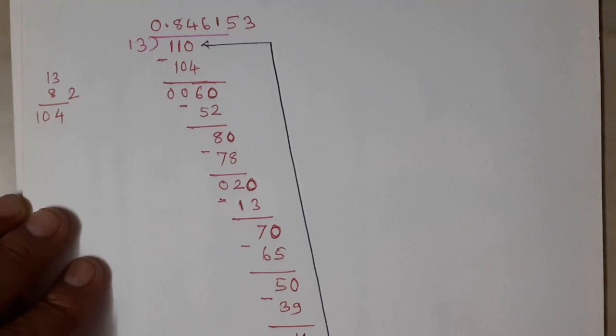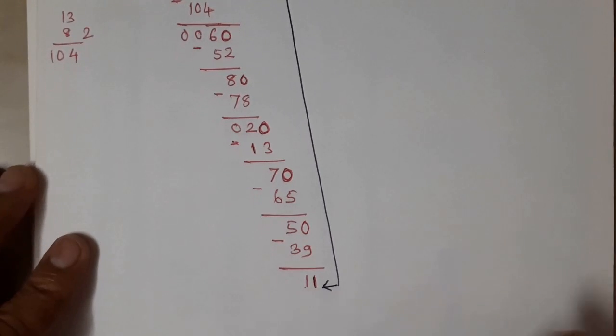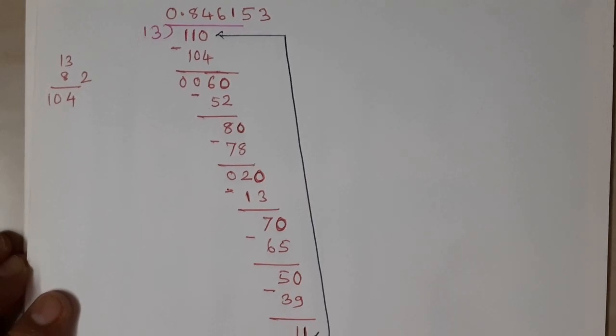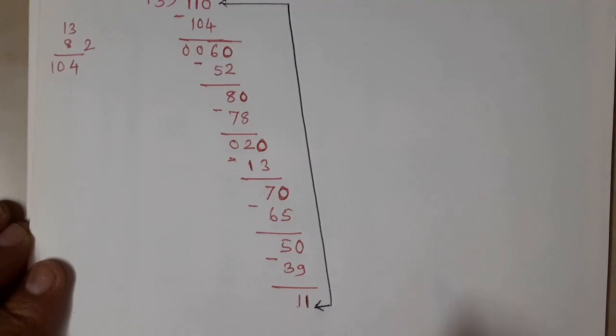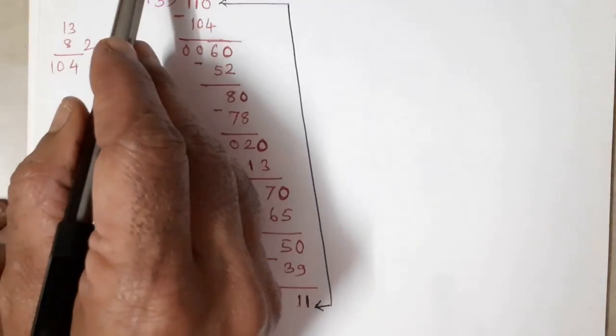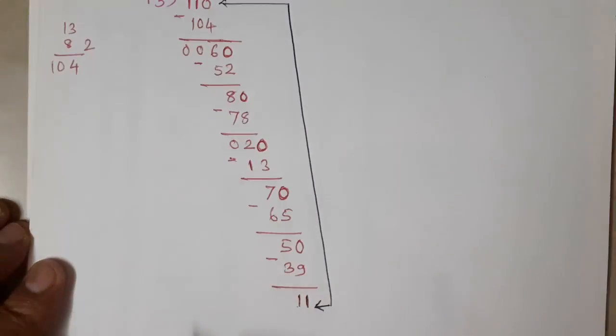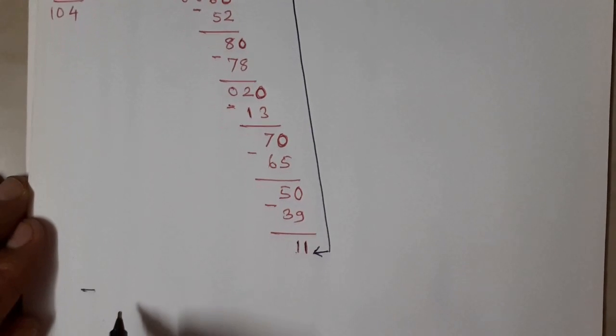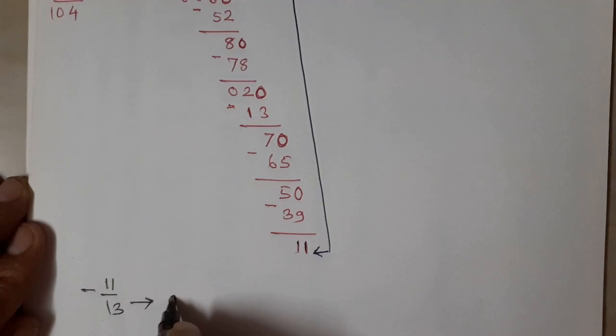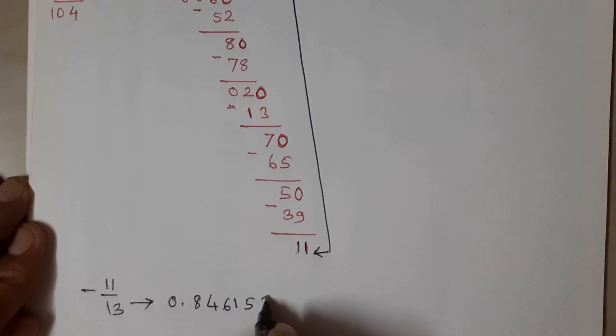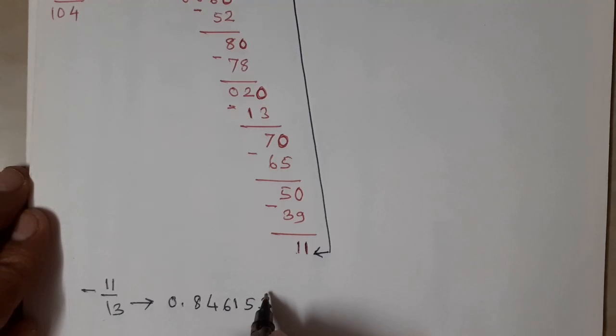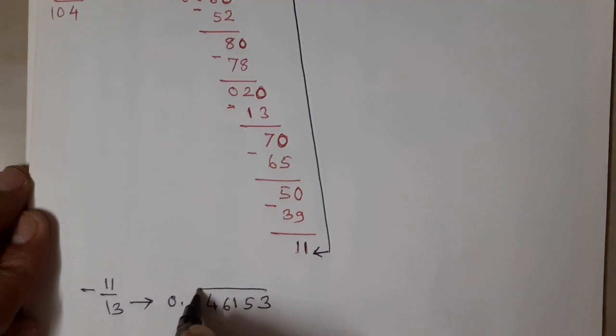And what is our result? As you see in this video, this is the result where we are reaching the same condition, that is we are dividing 11 by 13. No doubt the sign is negative. So the result of minus 11 by 13 is minus 0.846153 bar. It is again repeating the same number, that's why we have to write it with a bar.